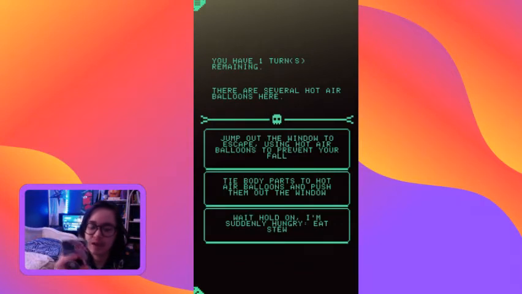Obviously, this was meant to be to take the body parts away. I just want to see what happens. I know we're not going to make it, but I just want to see what happens if we jump out